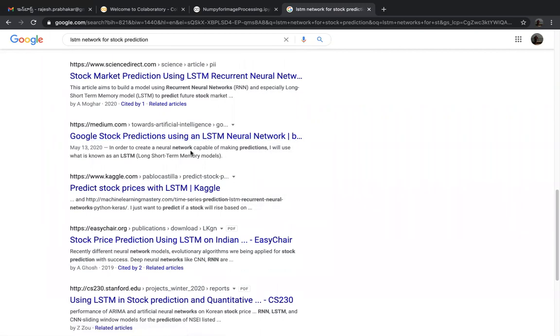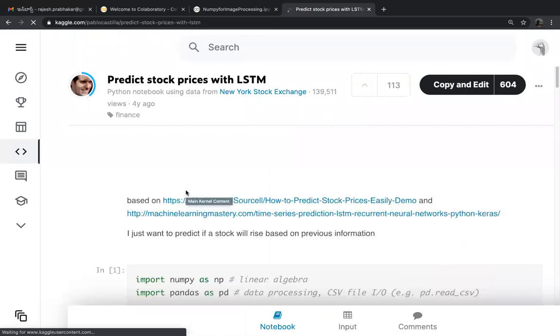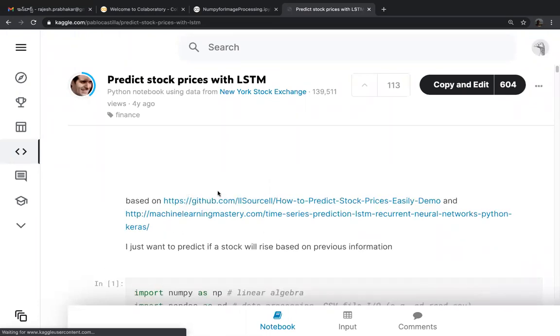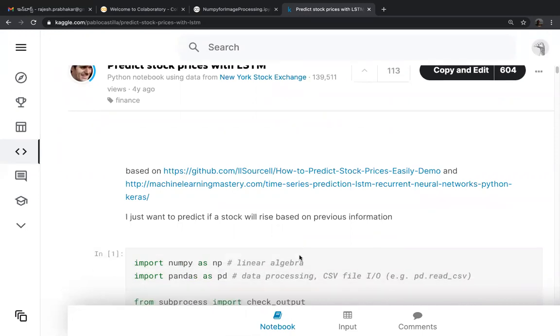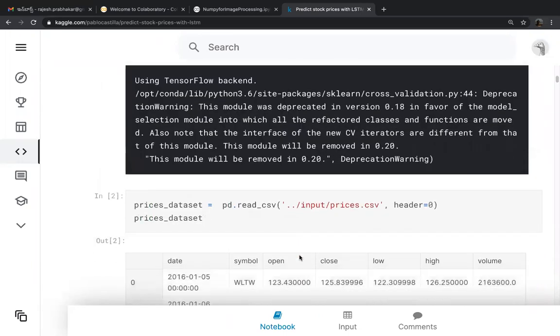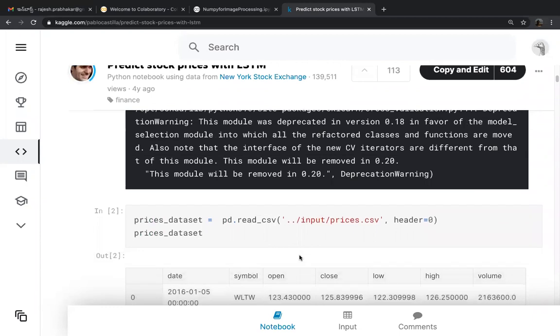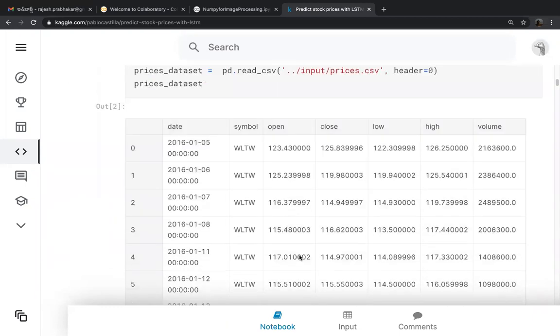So you can see a lot of these being used here. Predict stock prices with LSTM. You can predict crude oil prices, gold prices, or precious metals, anything. So LSTM networks are widely used in financial data.